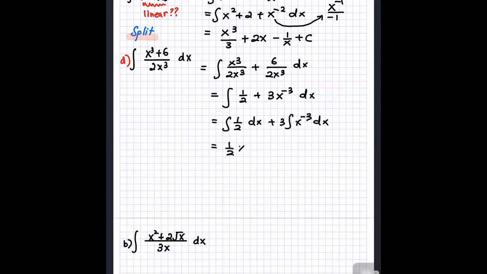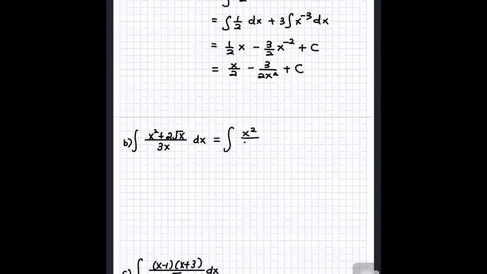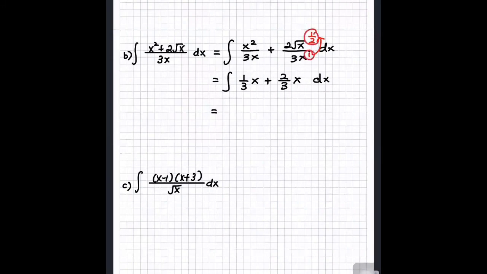So directly, half x plus minus 3 over 2 x to the negative 2 plus c, over 3x. Very nice. Plus 2 root x over 3. Okay. What constant do I get? Oh, do I get a constant? No. 1 over 3x. Very good. 1 over 3x. Continue. 2 over 3 what? Minus half. Half minus 1 is